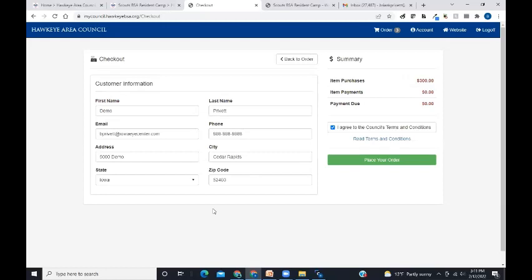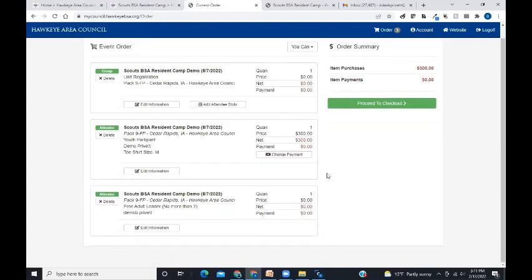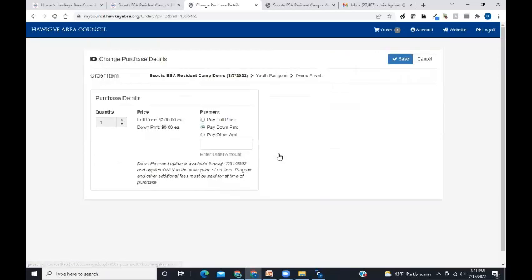But in this case, we have a 0 down payment. Now, let's say you were planning to have a 0 down payment, but you did have an item payment due here somehow. Well, that must mean somewhere you didn't put a proper thing to edit the information. So one thing you can do for youth where you were choosing a 0 down payment, even though they may have a $300 charge, you can change the payment button here by clicking this,